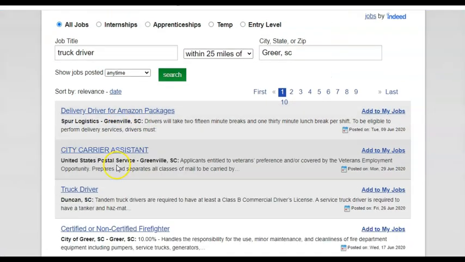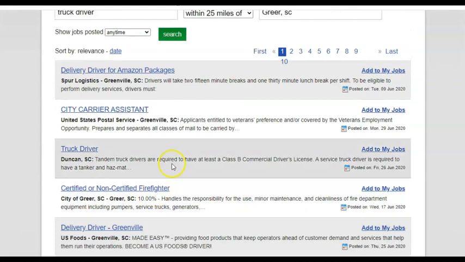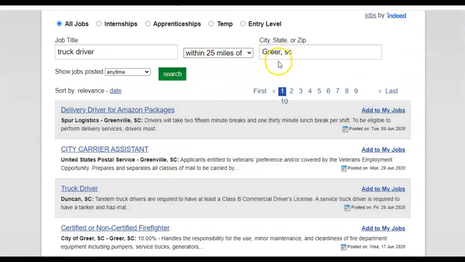But they will see a listing of jobs here for various jobs that are located within the amount of miles that they've asked for. And you can actually go through and walk. Some of your patrons are going to be very independent. They know exactly what they want and they know exactly what they're looking for. Others may need a little bit more assistance looking at the job description to see if they already have the qualifications or if there is something that they need to do to prepare themselves to be better qualified